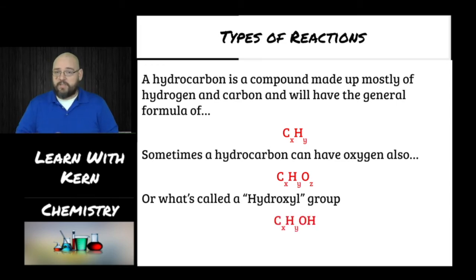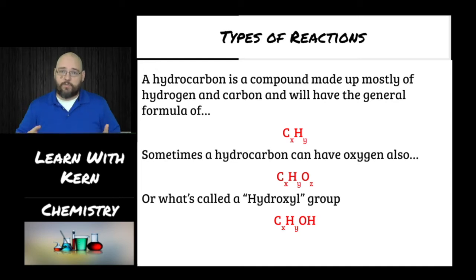So you can have something like ethanol, C2H5OH, and that is also a possible hydrocarbon. So if you see anything like this, where you basically have carbon and hydrogen, it is a hydrocarbon. Now, since we did not learn the IUPAC naming for hydrocarbons, because that is an organic chemistry naming thing,